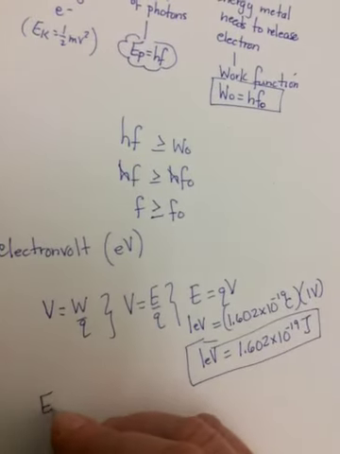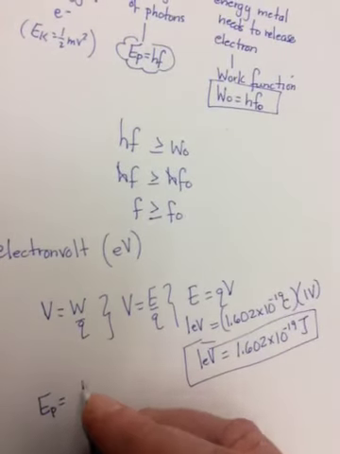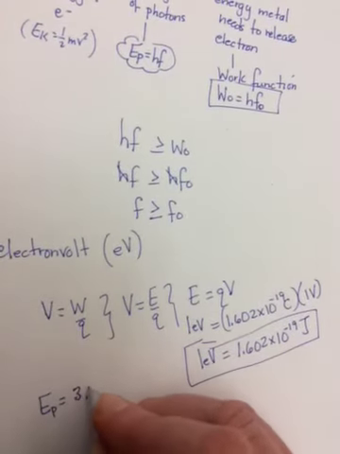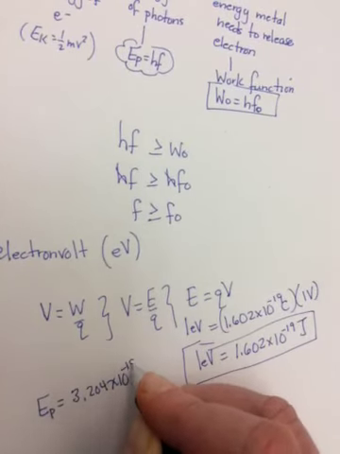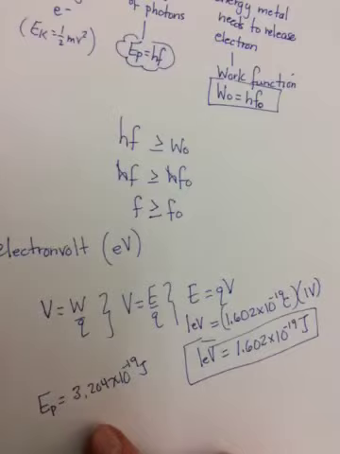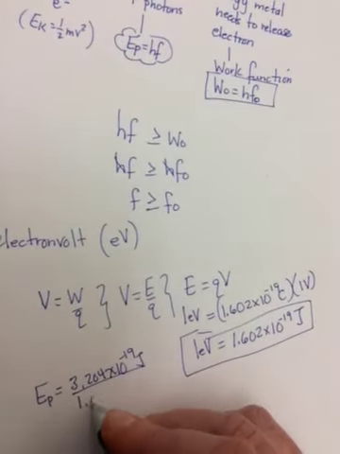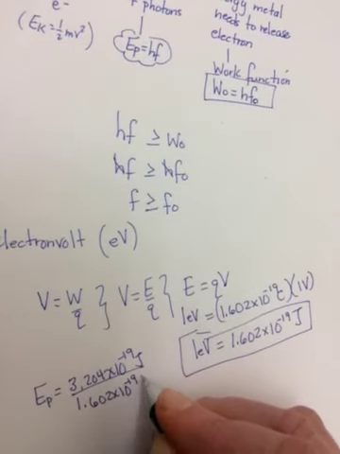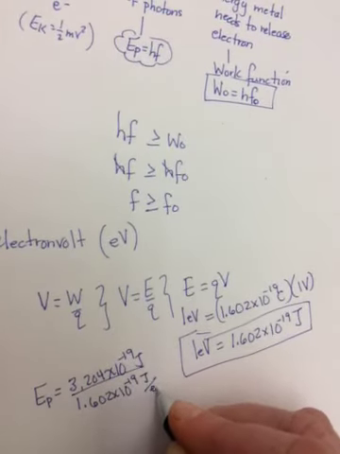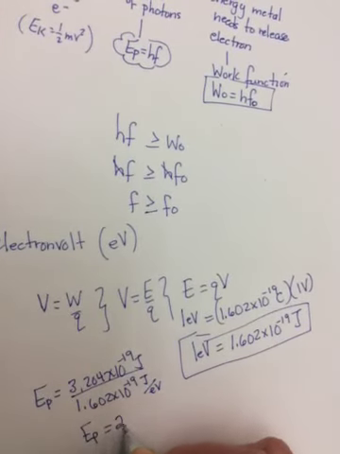So if I had an EP or a WO or an EK max of something like 3.204 times 10 to the negative 19 joules, and I said how many electron volts is that, you would divide it by 1.602 times 10 to the negative 19 joules per electron volt,